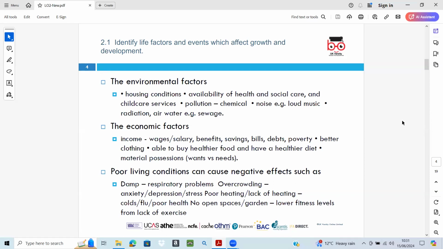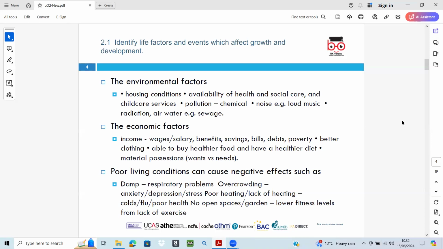Then we have financial security. For that, we can say that having savings and minimal debt can contribute to financial security, and it can reduce stress, allowing for a focus on personal and family growth. In that, we have the example of bills and debts. Financial burden can cause stress and anxiety, and it could affect mental health, leading to potential health issues.